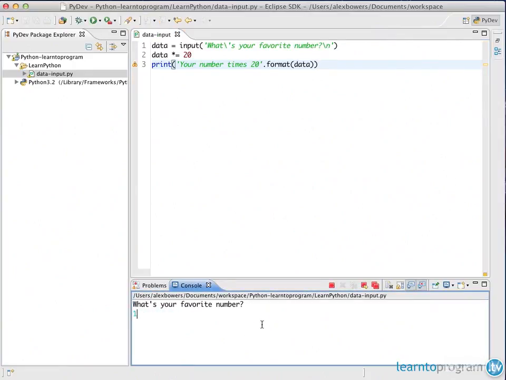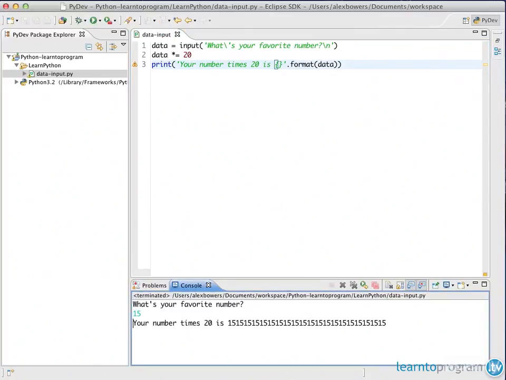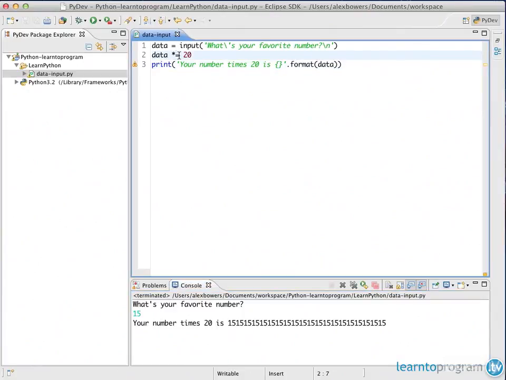If I was to insert 15, then it says your favourite number times 20, and I should have put in the curly brackets. Now if we run this again and put number 15, you'll see that my favourite, that's not right. Okay, that inputs it as a string. We need to typecast it as an integer. And then if we run this again,